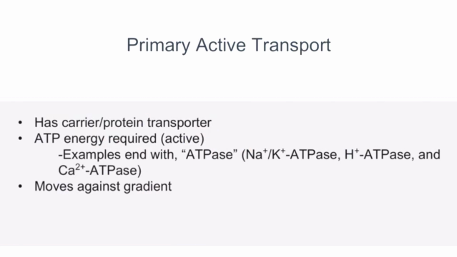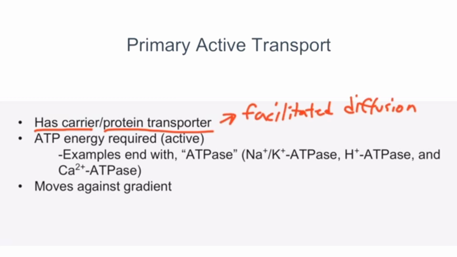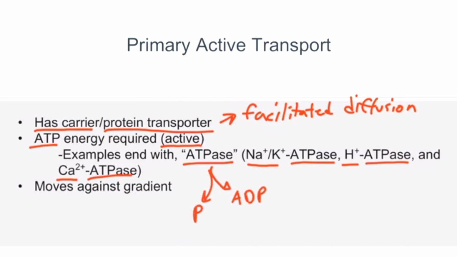Now, primary active transport means that there is a carrier, in other words, a protein transporter, just like facilitated diffusion. However, unlike facilitated diffusion, primary active transport uses ATP, making it active. Some examples of primary active transporters end with ATPase. For example, sodium-potassium ATPase, hydrogen ATPase, and calcium ATPase. And the "ase" in ATPase just means that ATP was broken into ADP and phosphate, and that phosphate bond was